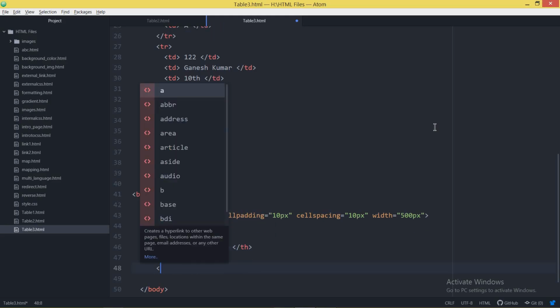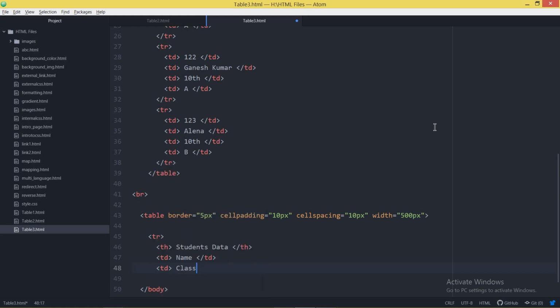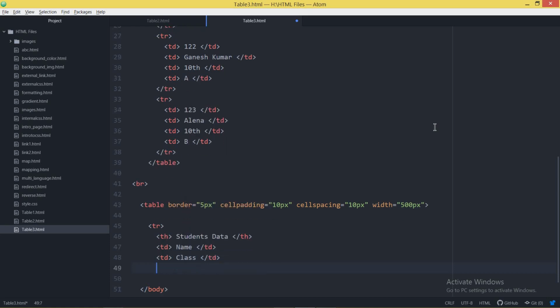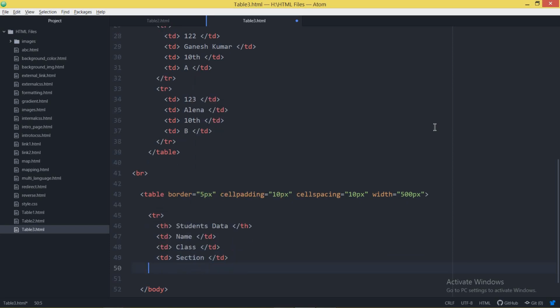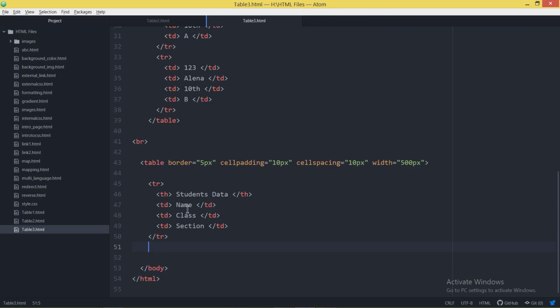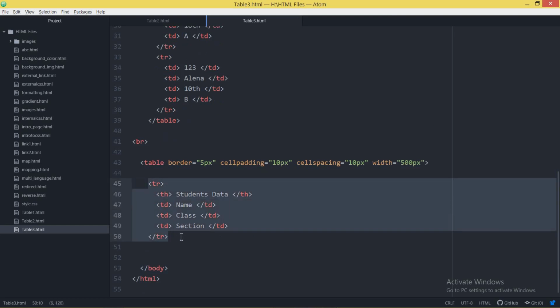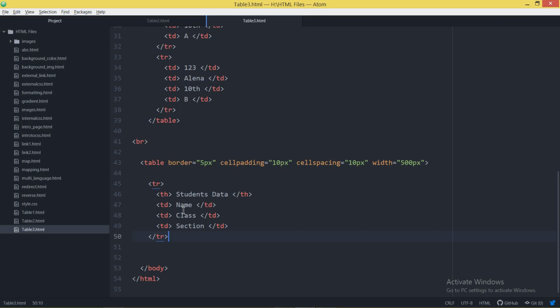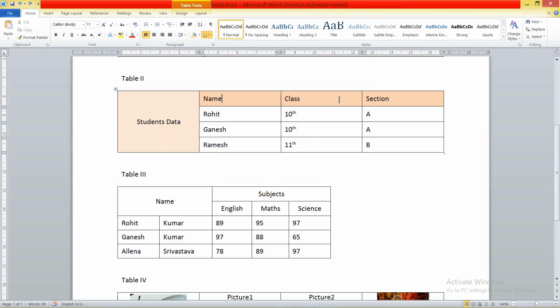So close the cell, and then you want it to be class, and then after that I want section. This is the row we have, and then lastly you have to close the row over here. It means I have just created a single row with 4 number of cells. This is first, second, third and fourth.